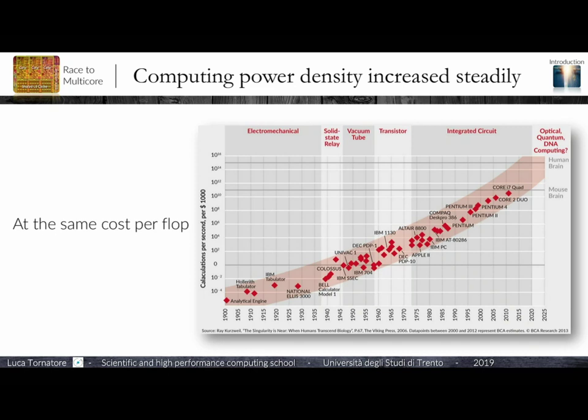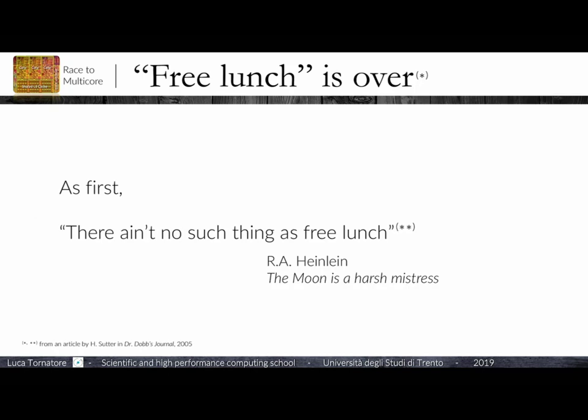This is the flops, floating point operations per second, per dollar, which here in academia seems okay, well, per dollar. Actually, the world works like this. That's an important factor, actually. And so you see, it's quite fascinating how the computing density, at the same cost, has increased in the last decades. However, in a quite famous article by Herb Sutter in Dr. Dobb's Journal 15 years ago,